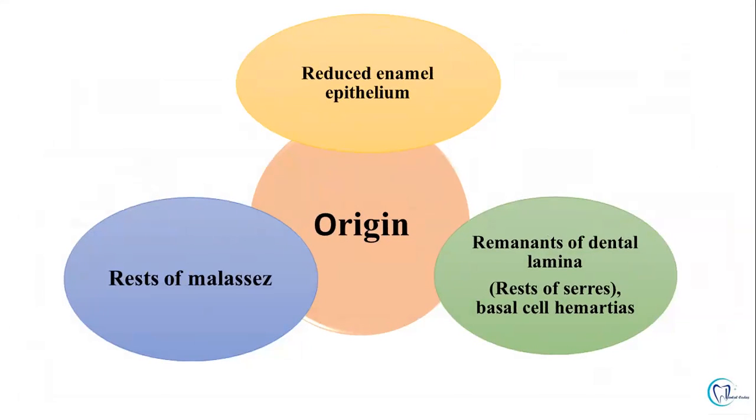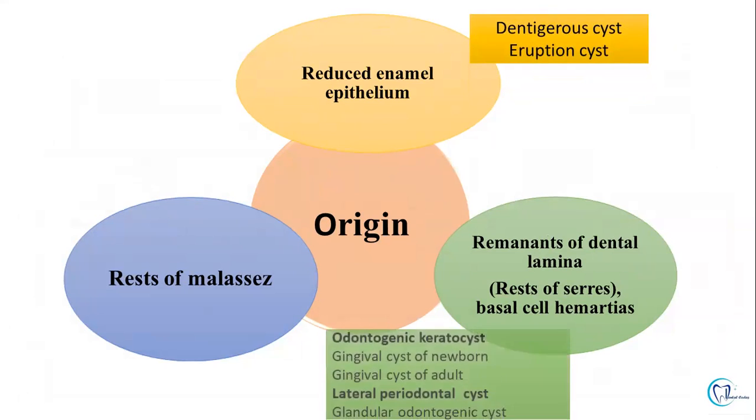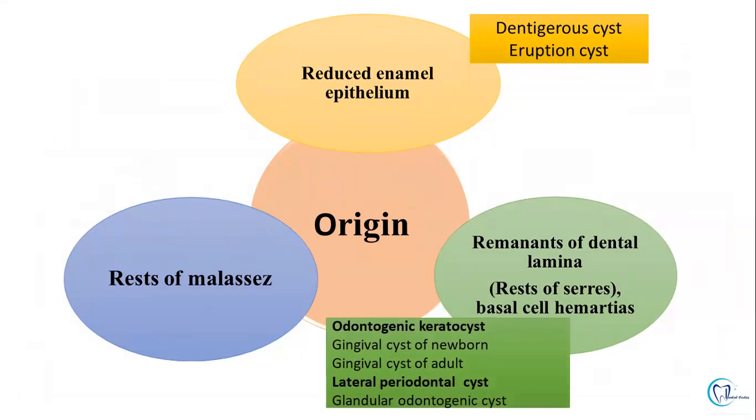Now starting with the origin of the cyst, when we talk about the origin of cyst, we have reduced enamel epithelium, we have remnants of dental lamina or cell rest of Serres, or we have cell rest of Malassez. So these cysts which take origin from the reduced enamel epithelium are dentigerous cyst and the eruption cyst. Those which originate from cell rest of Serres are odontogenic keratocyst, gingival cyst of newborn and adults, glandular odontogenic cyst, lateral periodontal cyst,